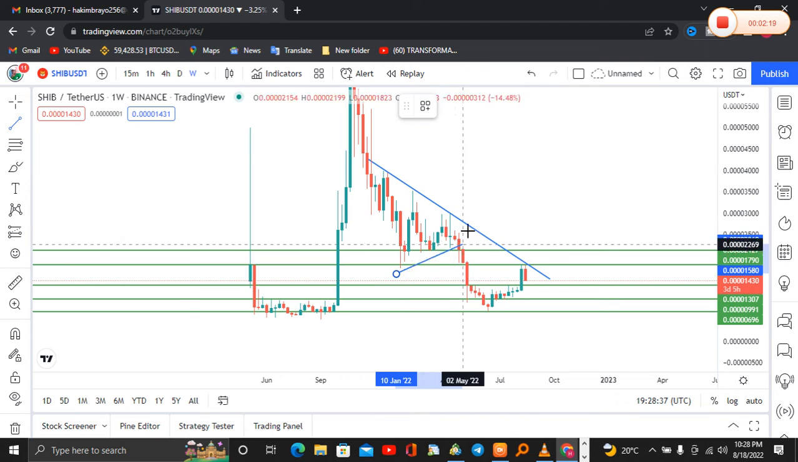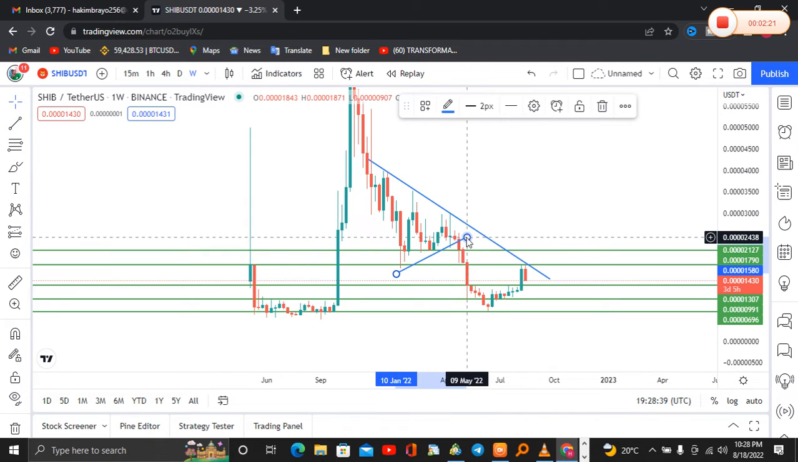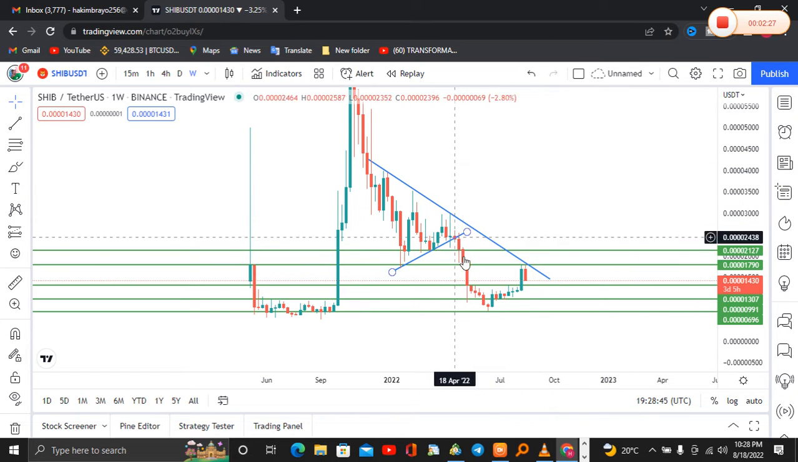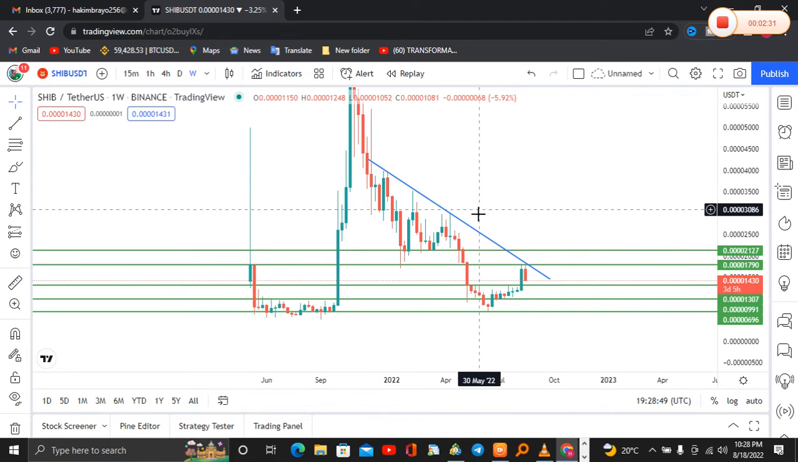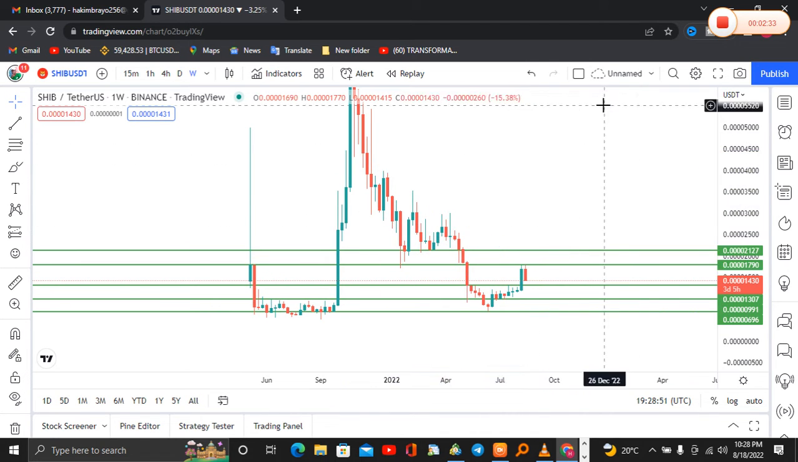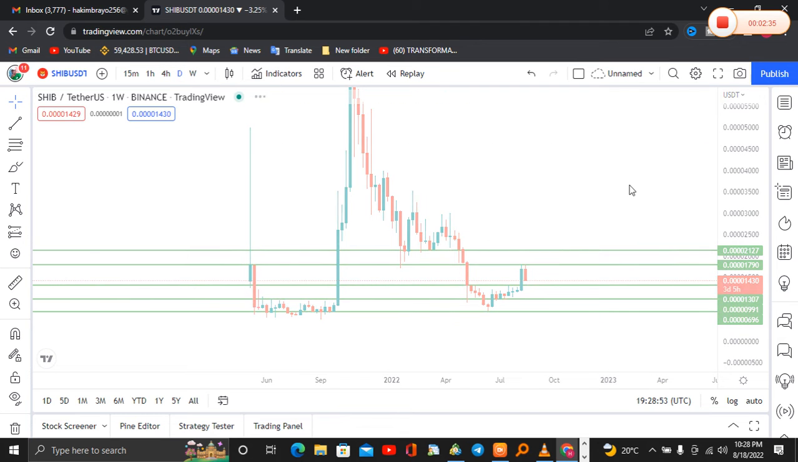And you can clearly see that we also have some continuation patterns, which are also one of the signals which are pushing Shiba Inu to the downside. Now let me first deal with this. If I try scrolling down to my daily time frame,